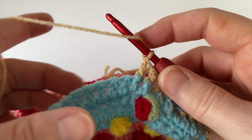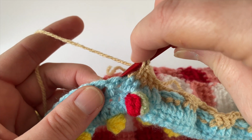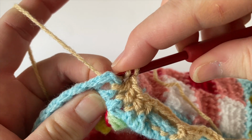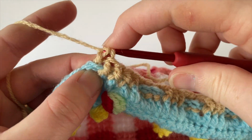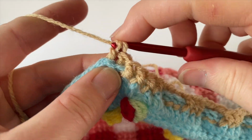And now we simply do 1 raised treble back, or 1 back post double crochet, around each of the next 3 stitches. So insert your hook from back to front, round to the back again, yarn over, draw the loop through, yarn over, pull through 2, yarn over, pull through 2. Do 3 of these in total, 2,